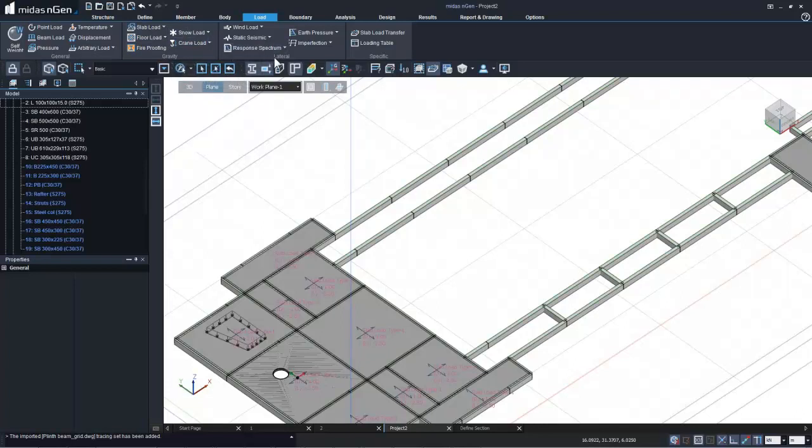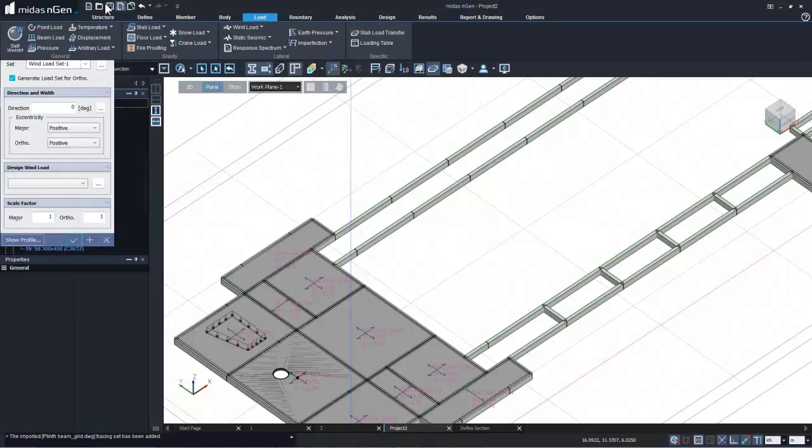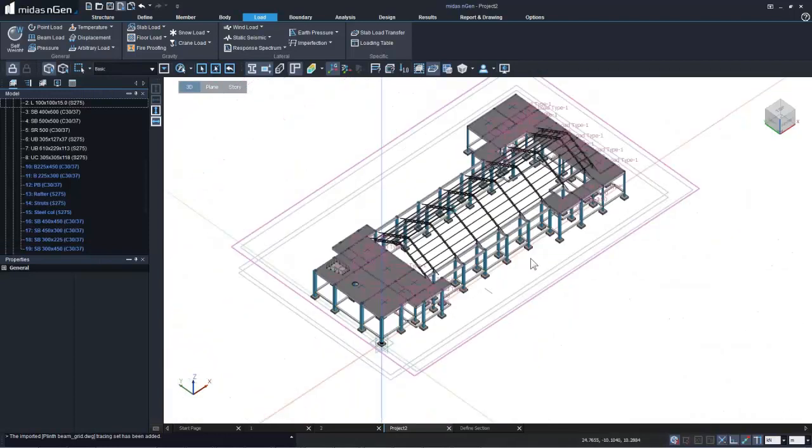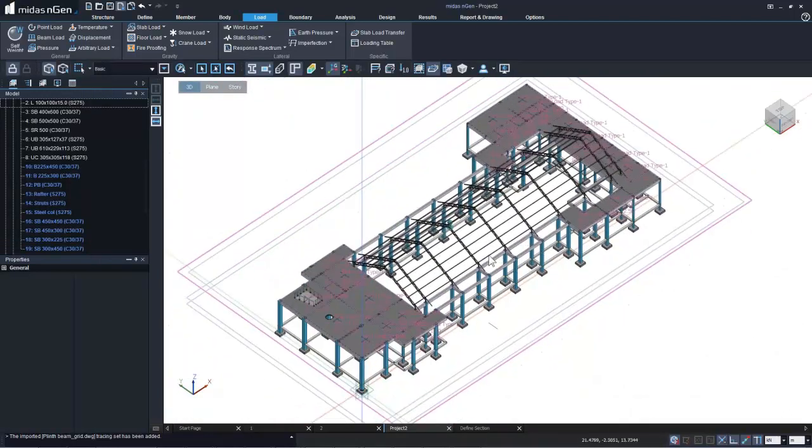Now we'll go ahead to the lateral loads. In the lateral loading, there is wind load and static seismic as well as dynamic seismic response spectrum loading available. And these are all auto-calculated. So what we need to do is simply go to the wind load, assign wind load function. Okay, let's firstly go to the 3D. Okay, so we have our entire structure in our